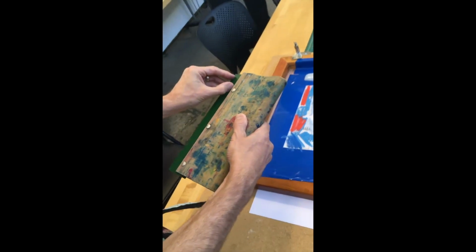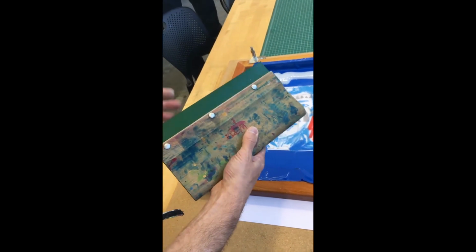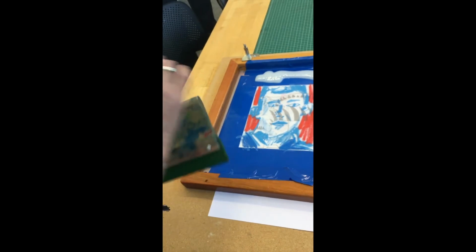It's got paint on it. The ink will dry on this, and so wash it after you use it, because if you don't, it'll mess it up. You'll never get it back. Okay, so